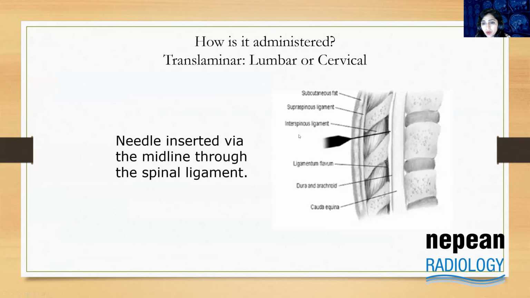So what happens in an epidural injection? We go from the back, along the spinous process. There is one spinous process at the center, and we go along it, either from the right or from the left side. Our needle has to penetrate the skin, and then the important structures it penetrates are the interspinous ligament and the ligamentum flavum, and the epidural space is just after the ligamentum flavum.